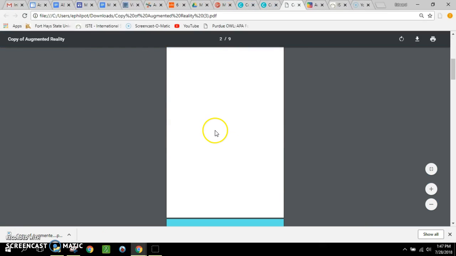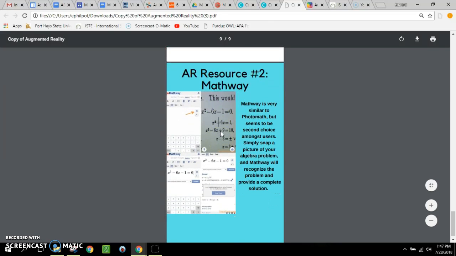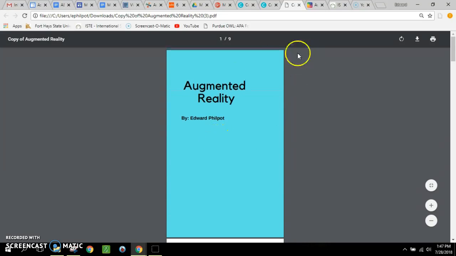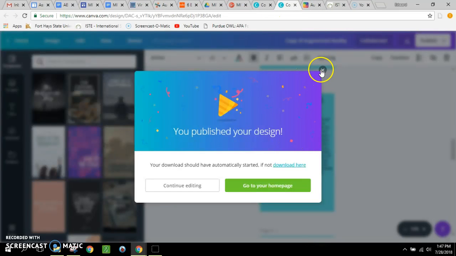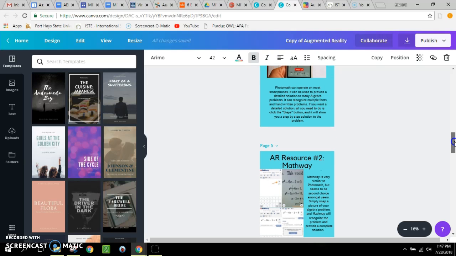So I was just wondering if anybody else has ever experienced this. I've seen a bunch of people use this in class, and I'm assuming that I don't have to pay for anything. I didn't use any of their premium options, so I have no idea why it's doing this. It's very frustrating. I've spent entirely way too much time trying to figure it out, and at this point I'm just throwing in the towel and vowing to never use Canva again unless somebody's able to show me